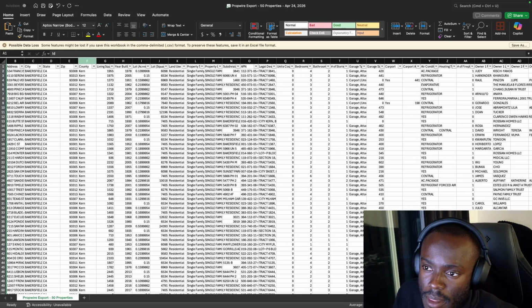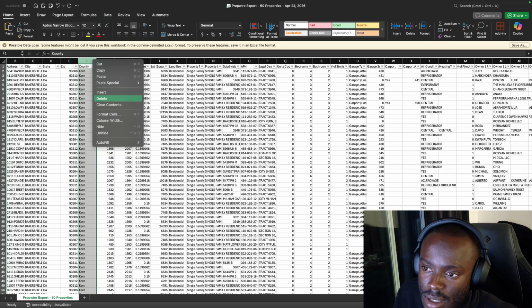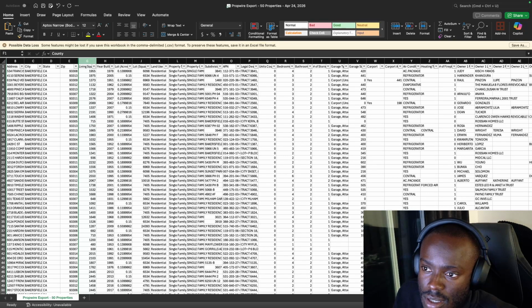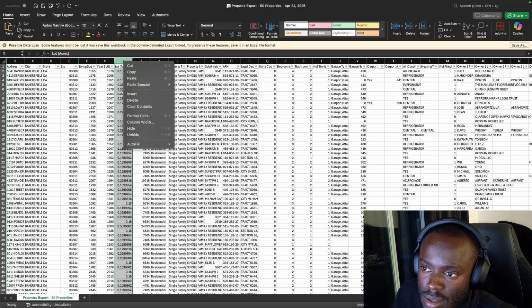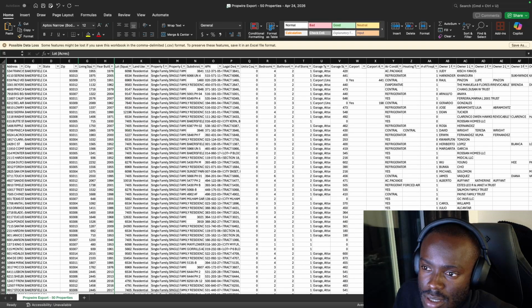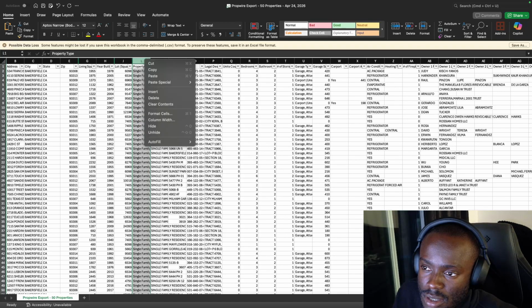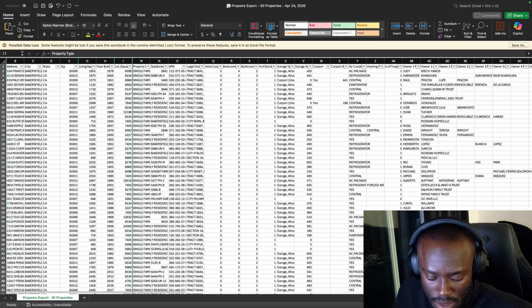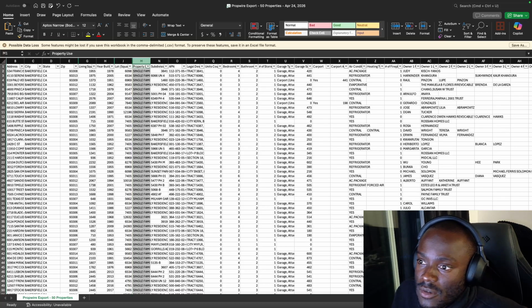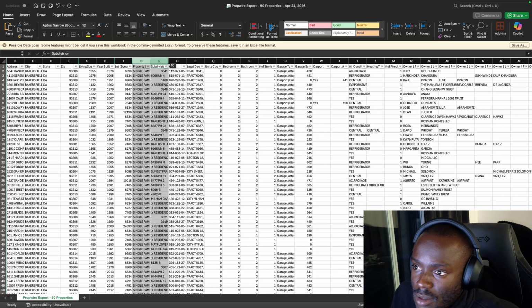State, the county, we're in Kern County, so we don't need Kern County. Lot size we don't need. We already know it's residential. Single family, don't care about the subdivision or the APN or the legal stuff.